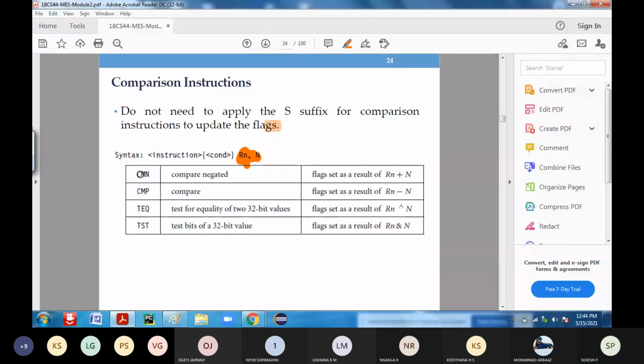So now let us see them one by one. As I said, compare negate. What does compare negate stand for? It is going to set the result as Rn plus N. So it performs the operation Rn plus N, that is, whatever the values are in Rn and N. Depending upon the result, it is going to update the flags.